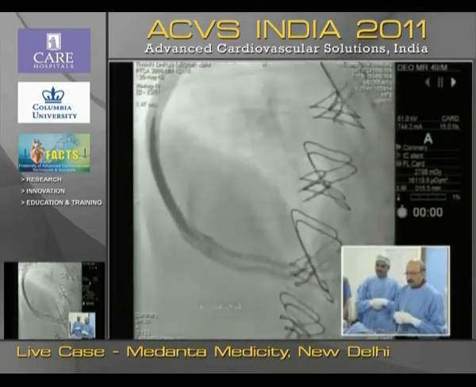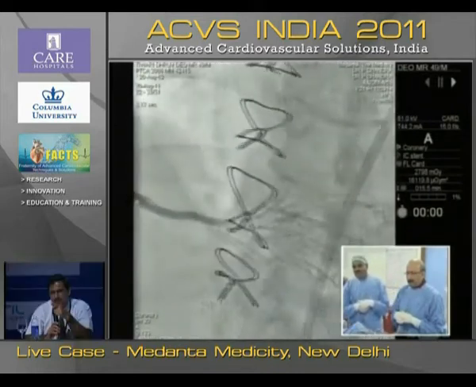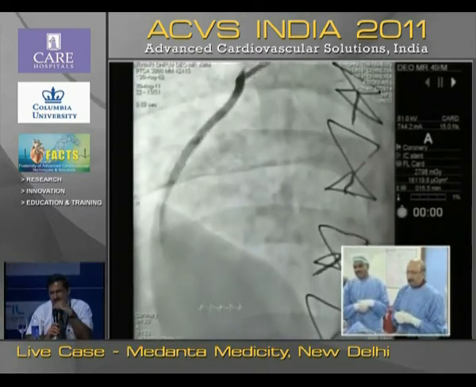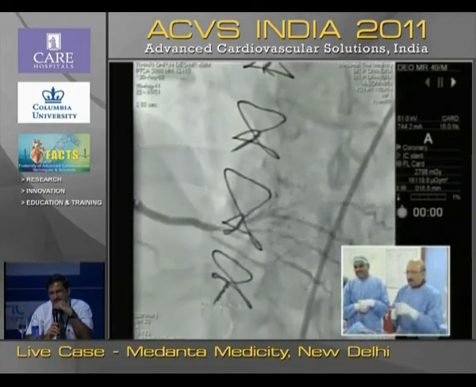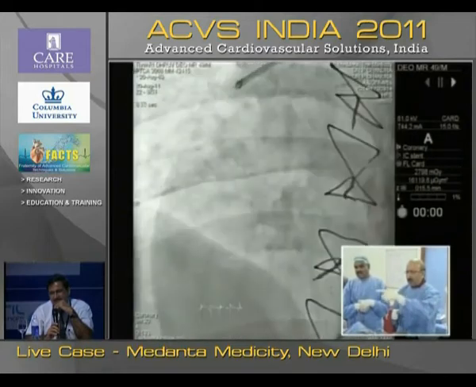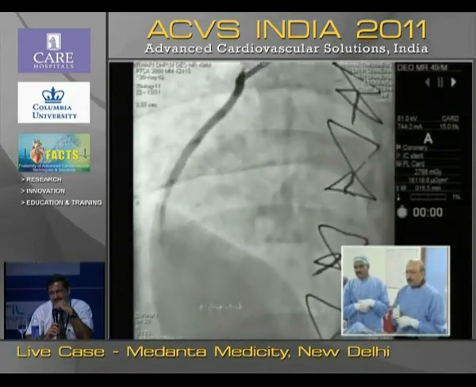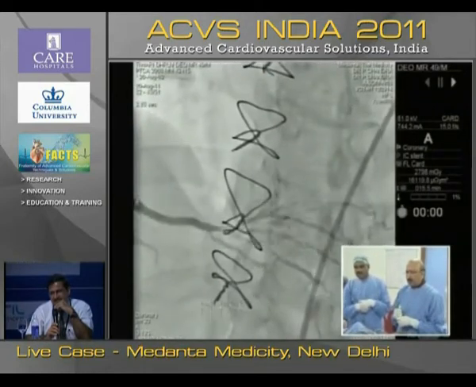My question here is, was your FFR significant because of the distal lesions or because of the proximal lesion? Because of this lesion, because we checked in the branch, which was relatively free of disease, as you will see here, the bigger branch. The lower one.